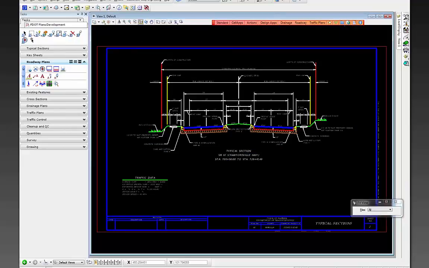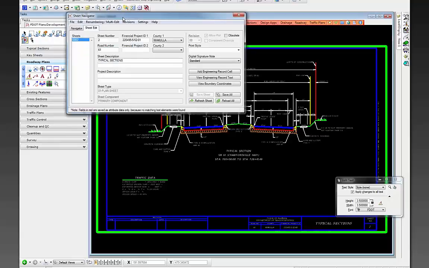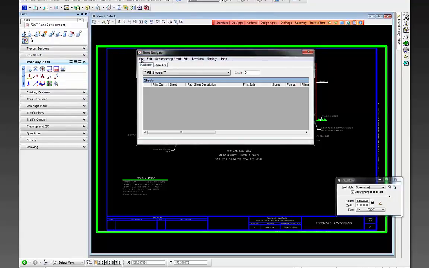And then save settings. And then like I was saying before, if you were to open Sheet Navigator and recreate your project index,